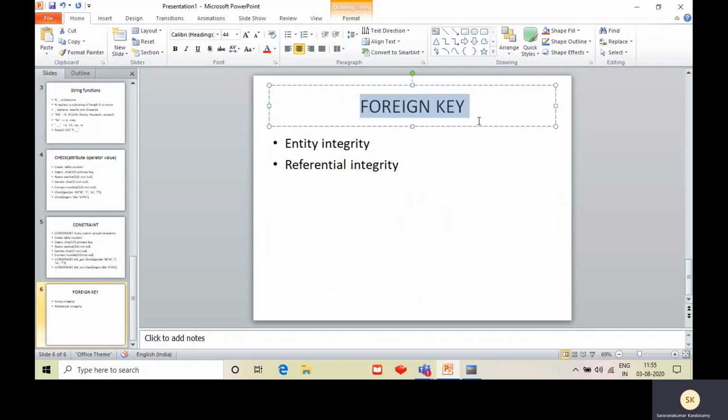The idea is very simple. There is an entity set or a table student, and it has the attributes student register number, name, age, address, all those stuff. There is another table, course registration, that stores the attributes register number, course name, and the marks.